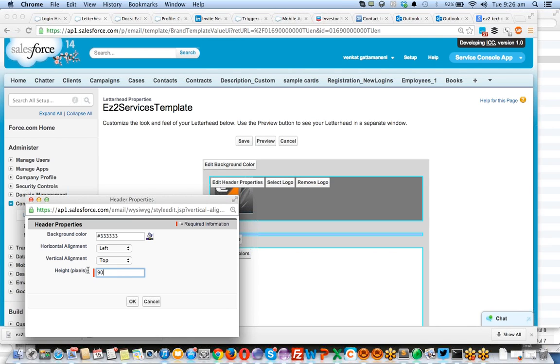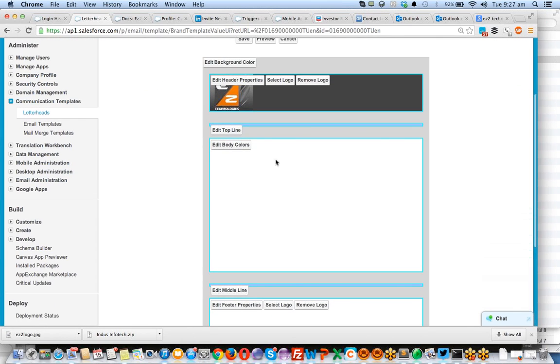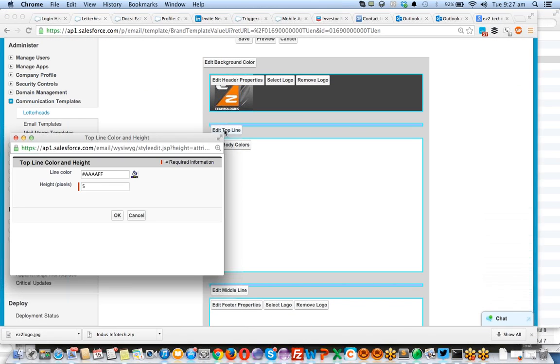The pixels I want to reduce by 80 pixels. So now this is currently fitting into your logo. Okay, and